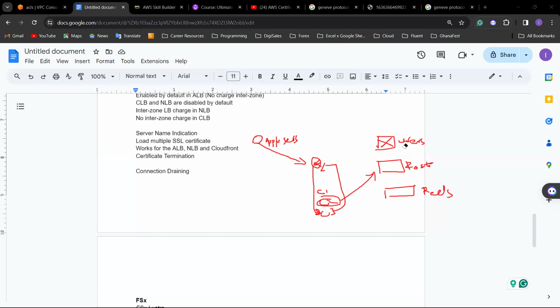What happens is that it will allow the current communication to still happen, but immediately the communication is closed, then you cannot initiate another ICMP communication between the two resources or the two systems, right? So that was the same concept that I was trying to use to explain the security groups. So that is it with connection draining